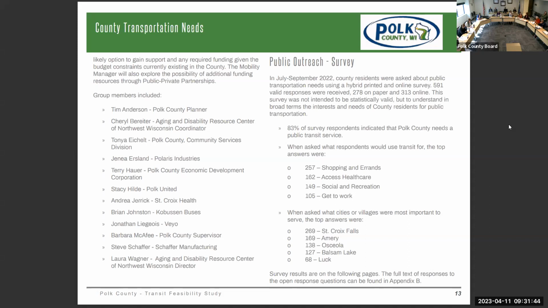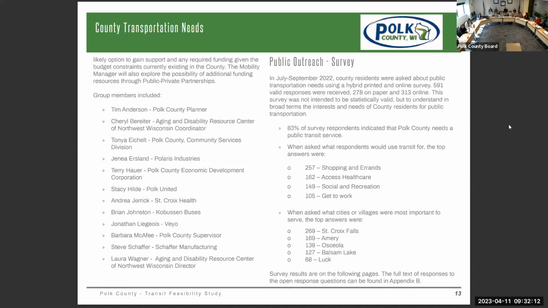And then, not that we kept them for long, we did have a couple of representatives from people that are already providing some transportation services. We had Cabusson Buses and the representative in the area from VAO. VAO, they do the non-emergency medical transportation for the state for people with low incomes.